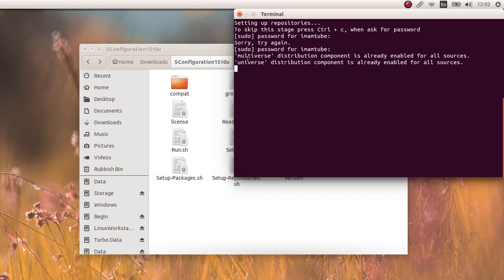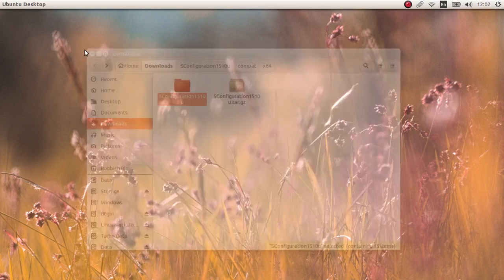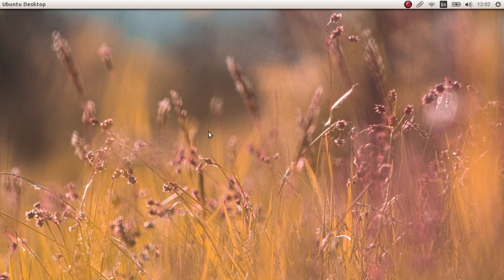Let's say it will do its job. In the background, I put it in the minimize. The other thing you could do after setup of Ubuntu: there are two types of users in Ubuntu or Linux